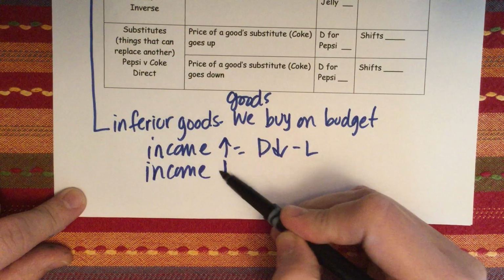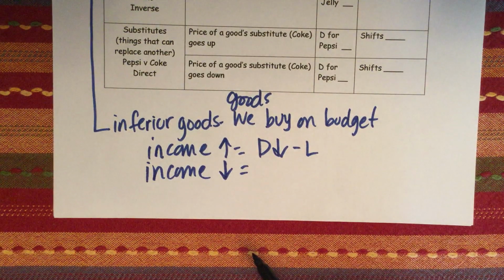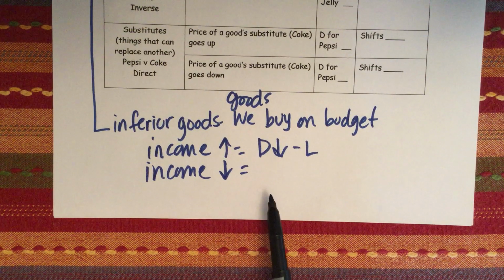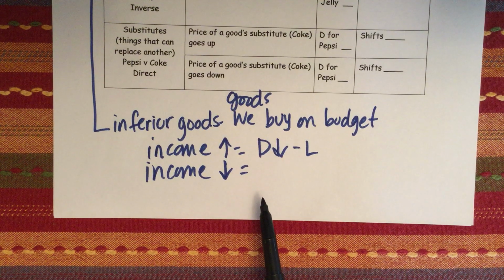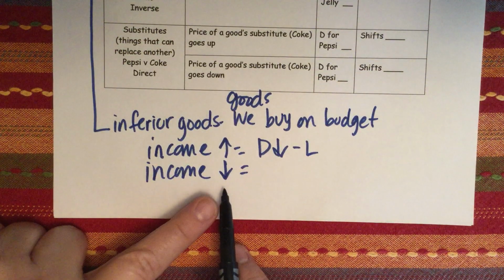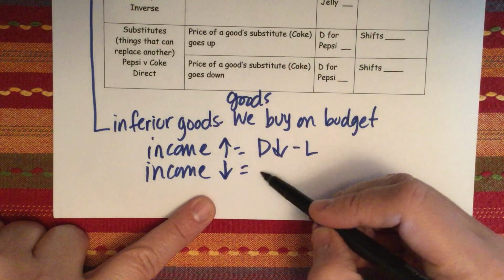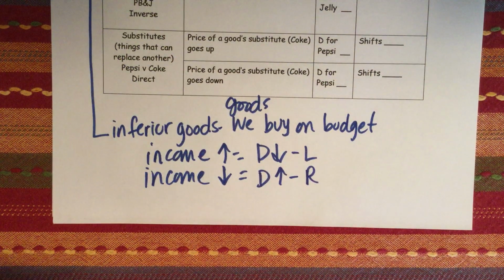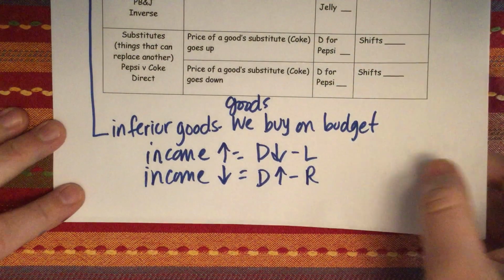And then if your income goes down, right now we are probably at the start of a recession, seeing as how there are so many people out of work and people's incomes are definitely going to go down. So they're not going to go out and buy ribeye steaks. They're probably going to buy cheaper goods like bologna, ramen noodles, things that they can afford. So when our income goes down, for inferior goods, the demand for those goods is going to go up and it's going to shift to the right. So I hope that helps you to understand that.